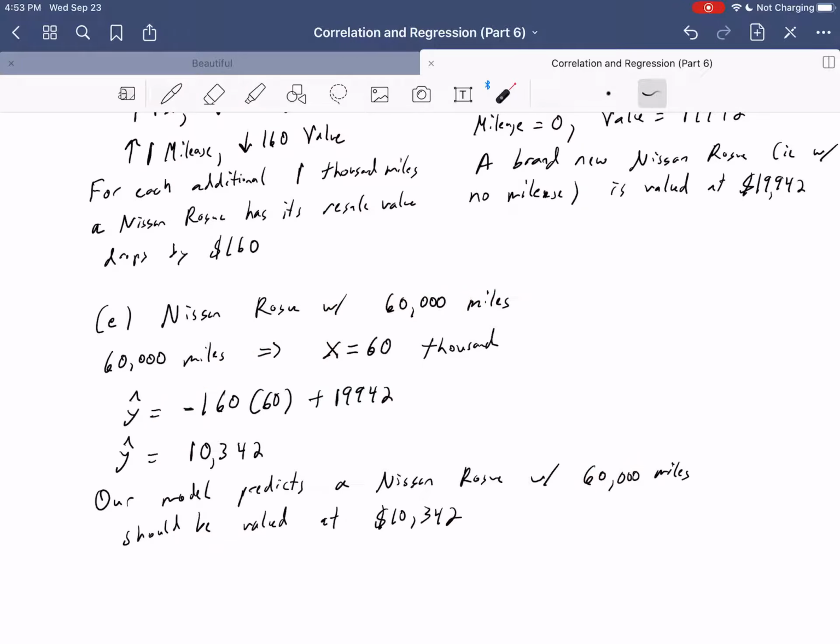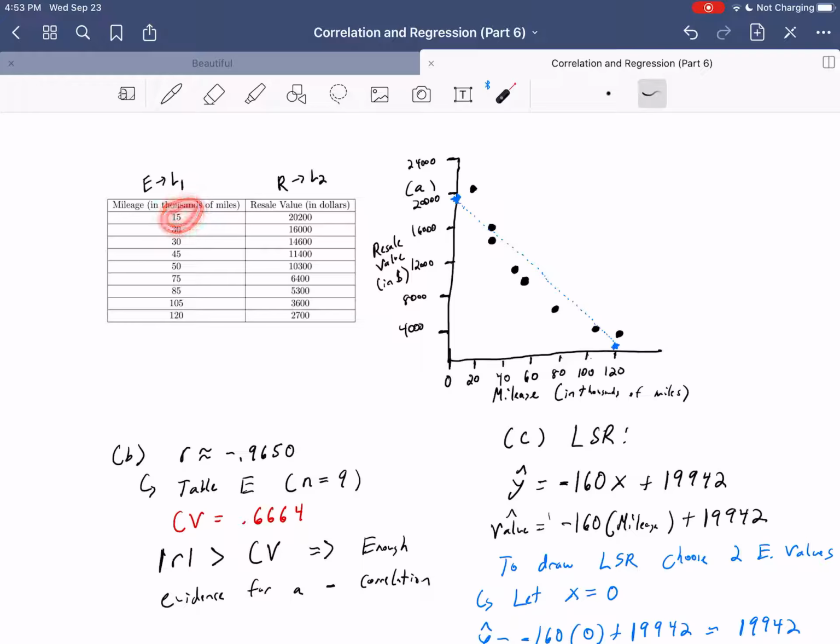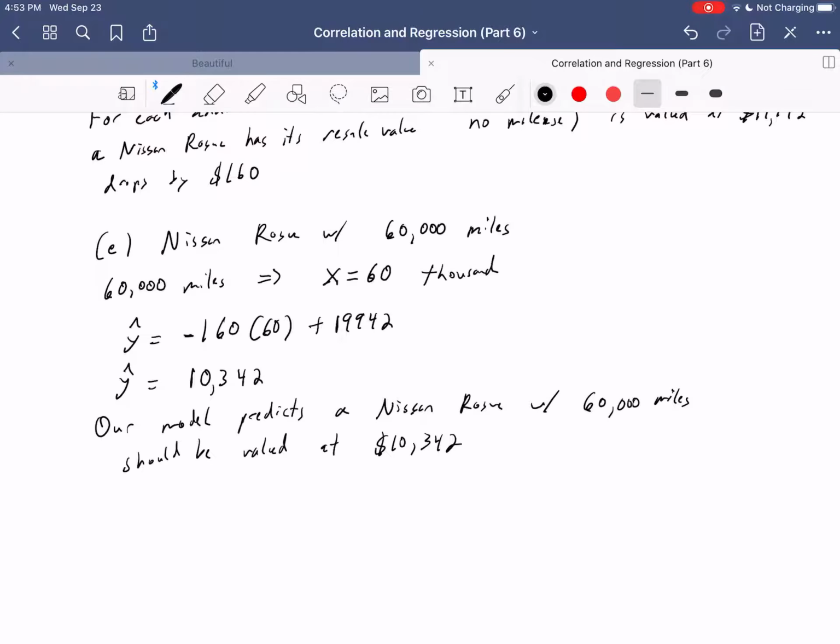Now, we always have a follow-up. Could we trust this prediction? Well, we need to think, is this 60,000 miles in the explanatory range? Well, we can go back and look. Notice that we had vehicles that ranged from 15,000 to 120,000 miles. So certainly 60,000 miles is in the range. So we can say we can trust this since 60,000 miles is in the explanatory range,